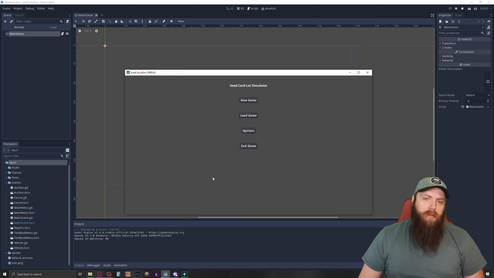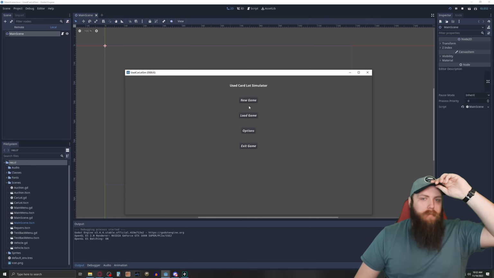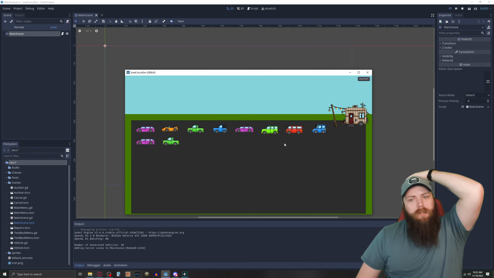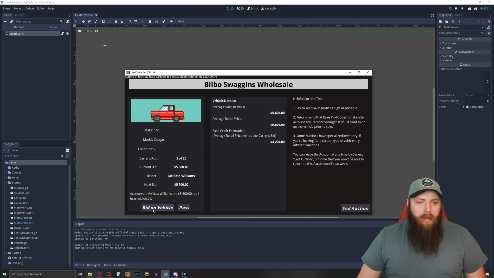So we have this basic UI that has these buttons that are all part of the Godot design system or UI system. So I have a bunch of cars on my lot, and I was working on auction functionality, so you can go through and see what kind of cars you want. So if we want to buy this sweet CMC Cougar condition 2, I can begin bidding on it, and then I can bid on it, so I'm the highest bidder. And so all this stuff here was made with a UI